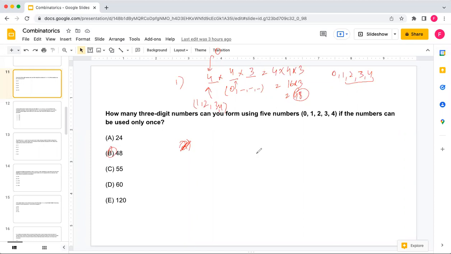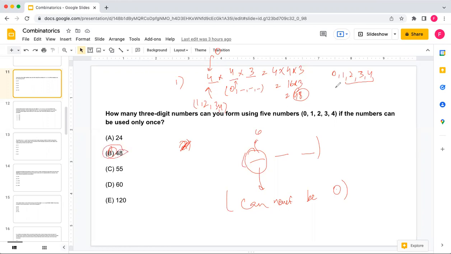Just remember one thing, which is, I must say, a common trap in such questions. When you are making a 2-digit, 3-digit, or 4-digit number, the first digit can never be 0. Otherwise, it will not be in this scenario. If we consider the first digit as 0, that is not a 3-digit number. That will become a 2-digit number, right? So there are a total of 48 ways